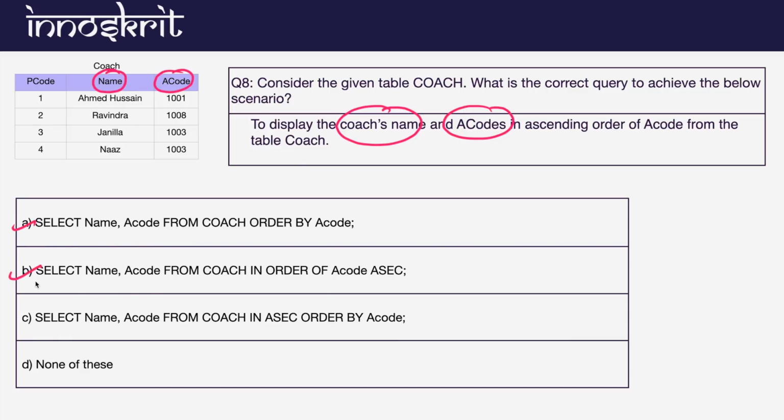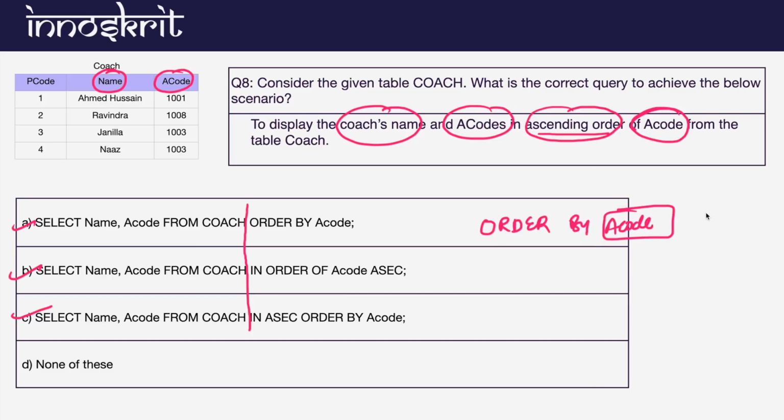I think in all three options, till here it looks correct to me, all three columns, till now it is fine. But it says that you have to do this in ascending order of A code. You have to do this in ascending order of A code, right? So how will we do this? Order by, the name of the attribute which is A code, and finally it is saying in ascending order. So you will have to mention ASC. So now I think order by A code. Fine. By default it will fetch the data in ascending order.